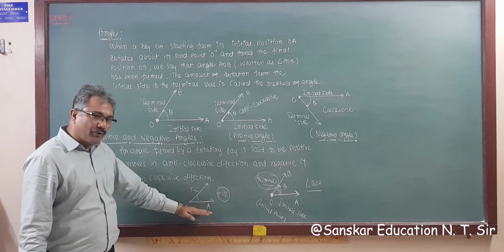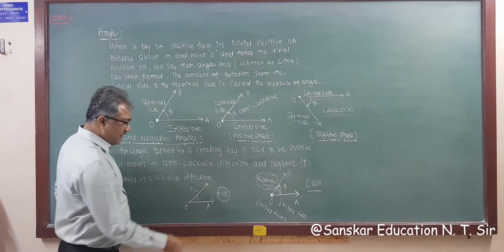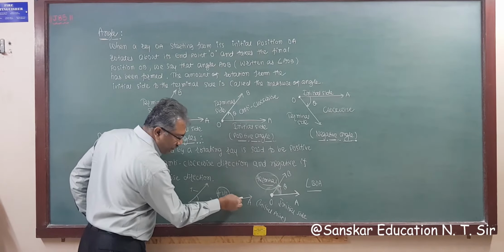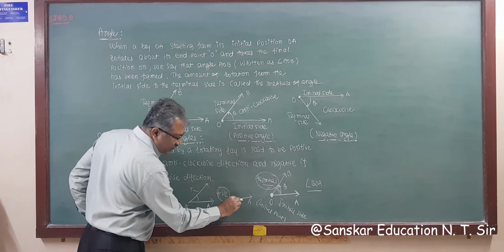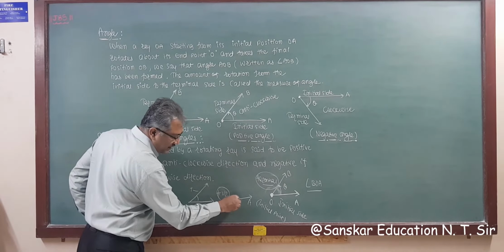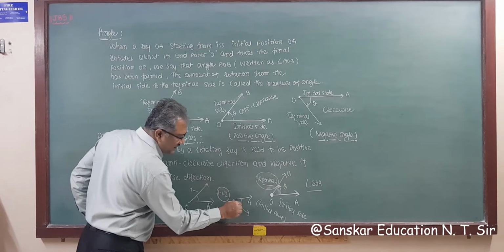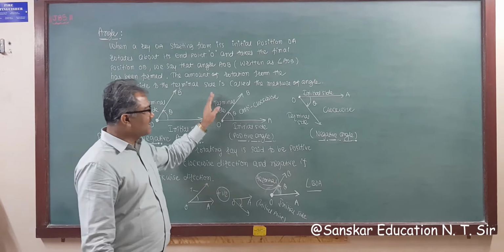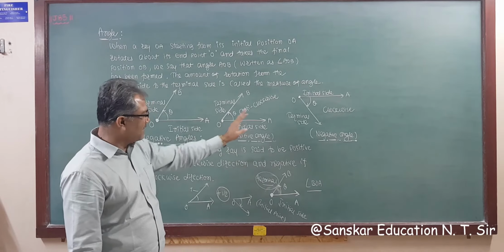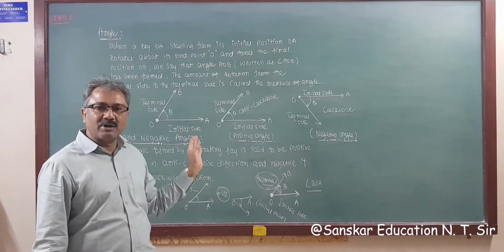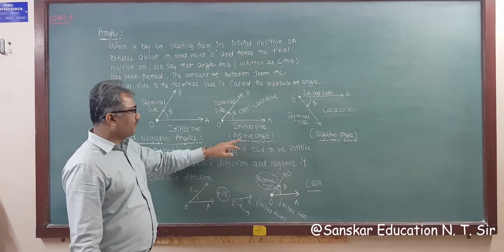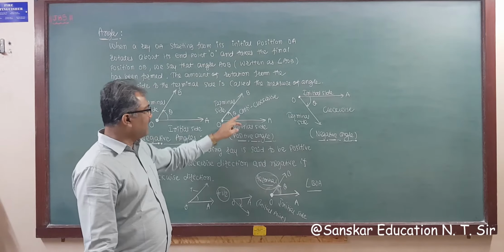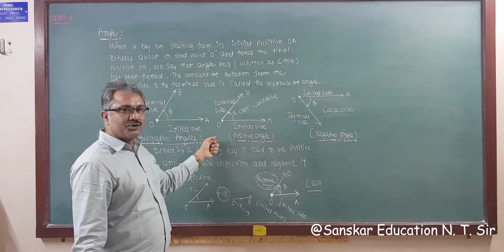And if this initial ray OA rotates in the clockwise direction, so the clockwise direction means this direction, then the final position is this, and this is called a negative angle. It is indicated in this figure. I have explained it in the figure, but drawing it here also will help you understand properly. So for a positive angle, this is your initial side and this is the terminal side, and this angle theta is called a positive angle.